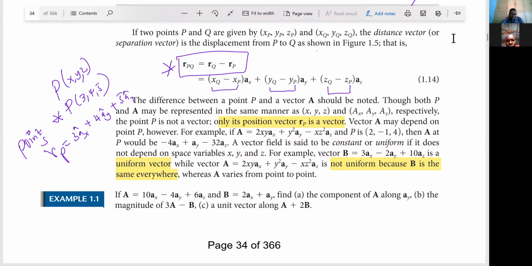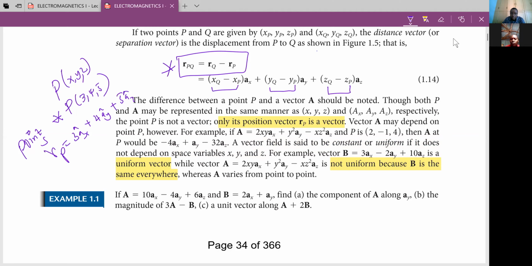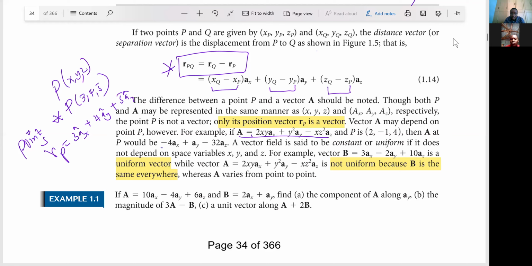So what I am saying is that A may depend on P, and therefore this equation may change from being equal to this, but at point P it becomes something else, which is that a vector field is said to be constant or uniform if